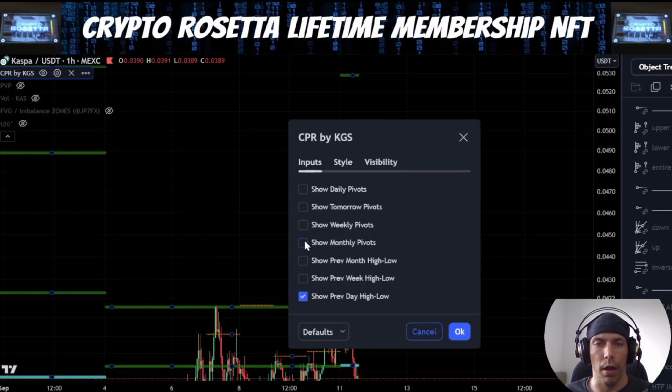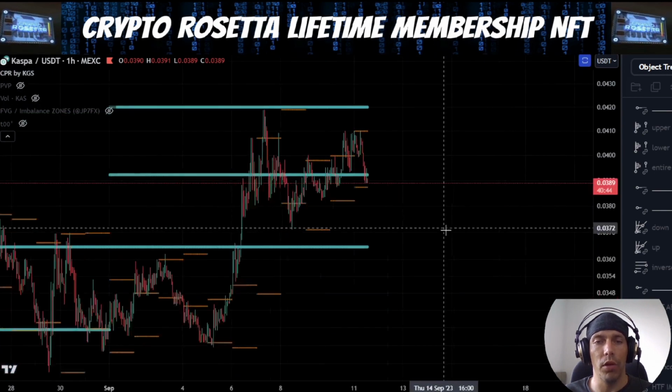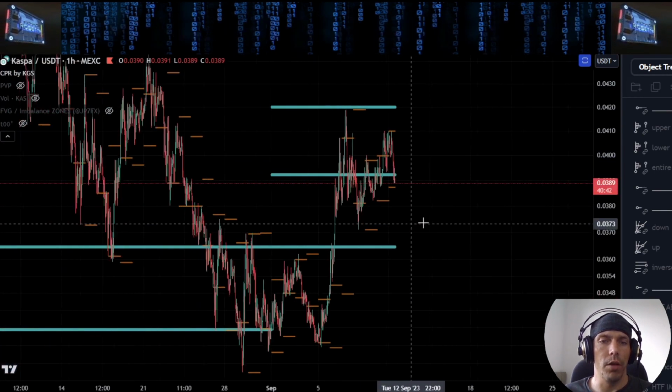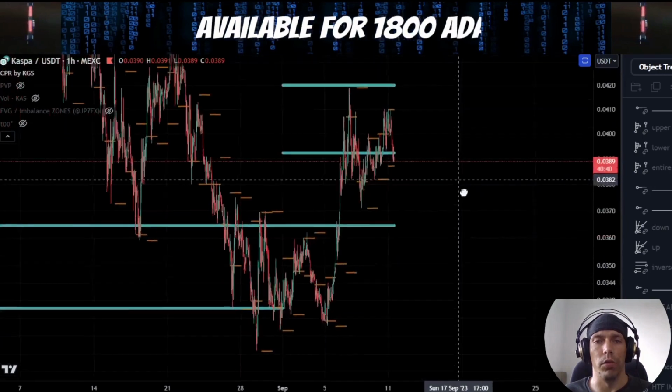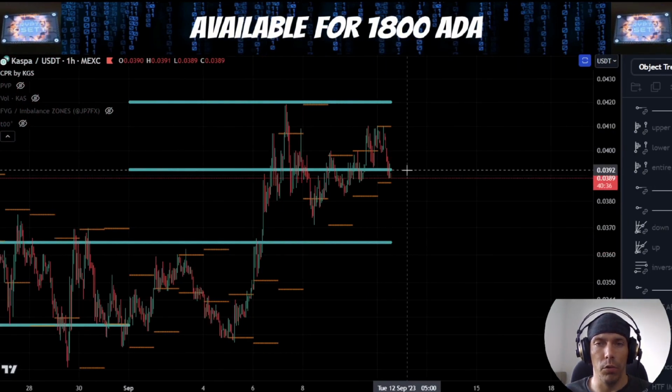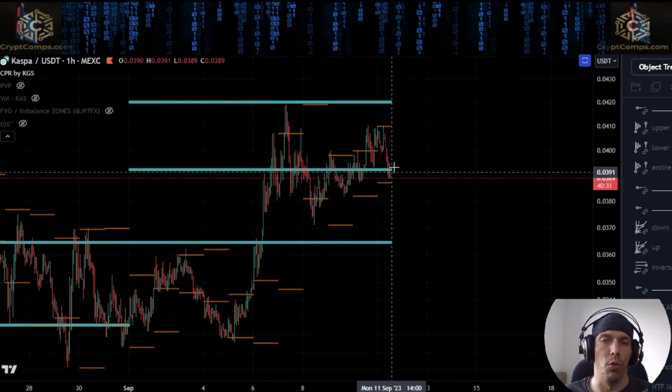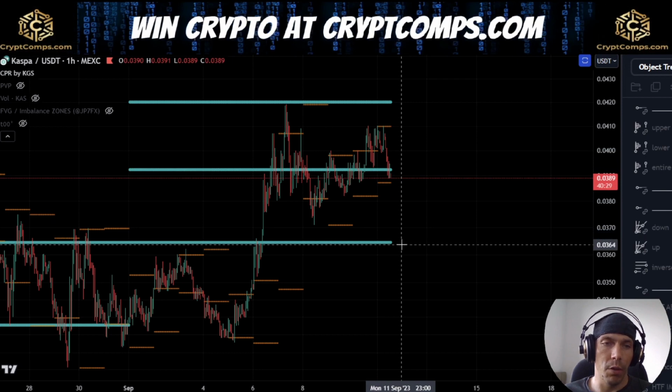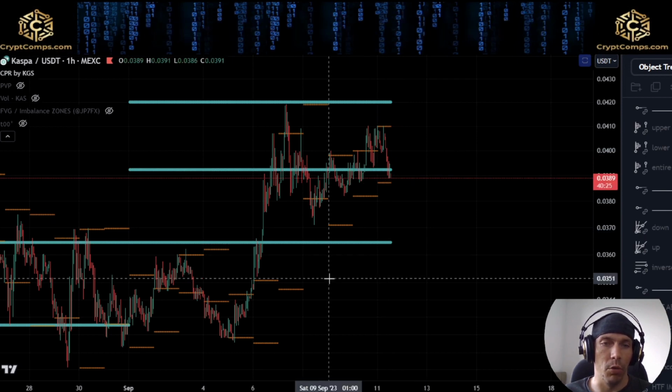Now, moving over here and having a look at the monthly pivot points, what we can see is that we are currently in between our central CPR line and the lower line that we've got here. Now, this could mean that we could find resistance here at the 0392 if we do look to move to the upside. If we do look to come back down and test this lower level, 0365 is a zone that I'm going to be watching out for.